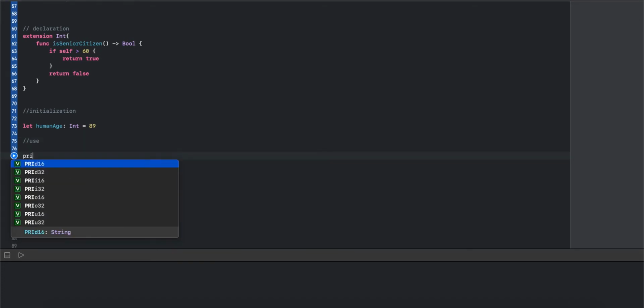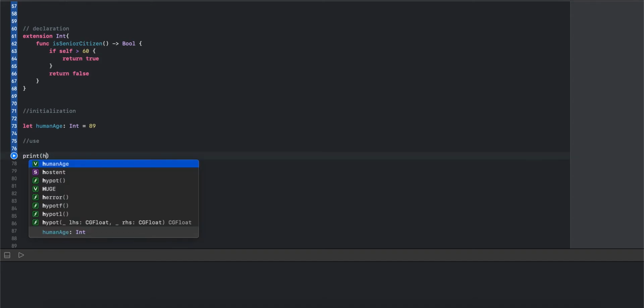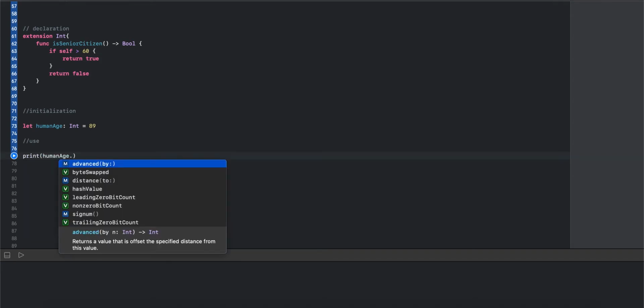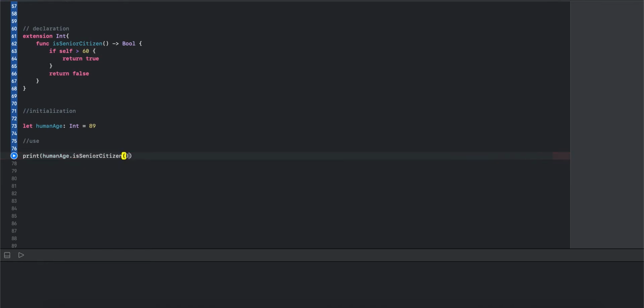So print humanAge dot, calling the isSenior Citizen function. It adds new functionality to the integer type. Add isSeniorCitizen. This function isSeniorCitizen is called. We can run.